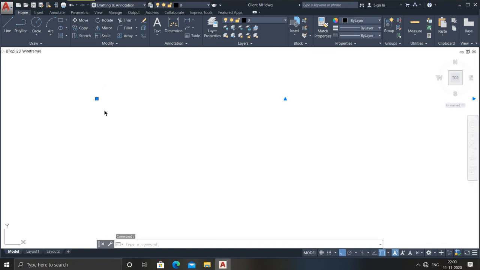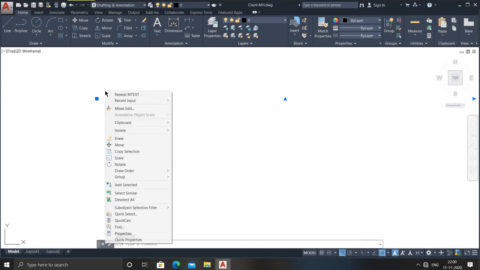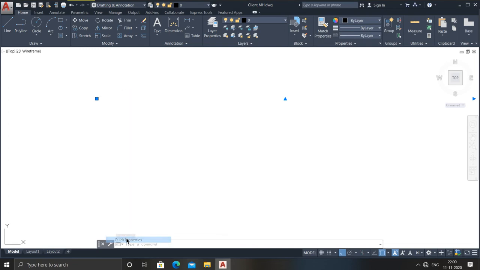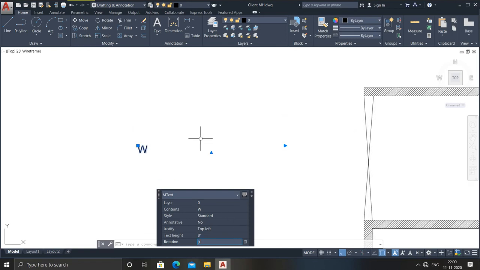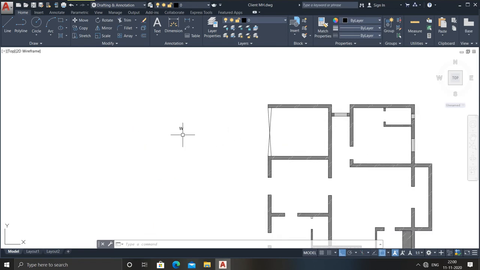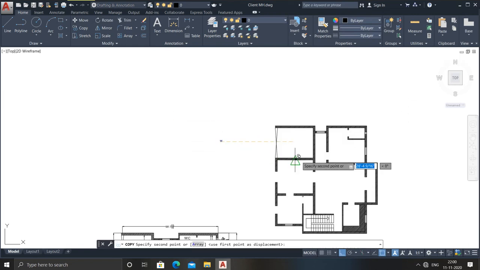Just go for scaling, or just select it and right click, go to the quick properties here, change it to 8 inches. Click it. See, your W looks like this. If you think that it is again quite small, then you can go to your desired size.